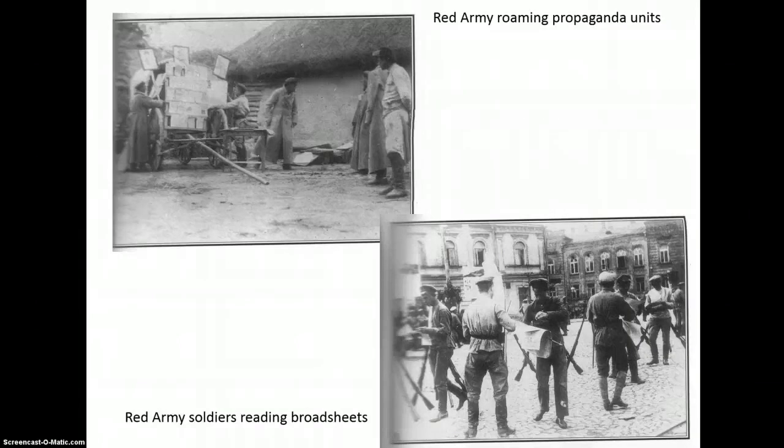Here are some photographs to give you an idea of how information was being spread. At the bottom, we've got broadsheets, so large newspapers were spread throughout the Red Army. Of course, only Bolshevik ideas are able to be spread in this way, but literacy was something that was really encouraged within the Red Army. So there would be Red Army soldiers teaching each other to read,